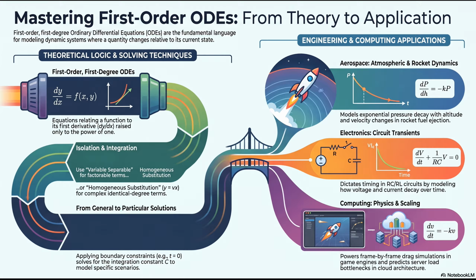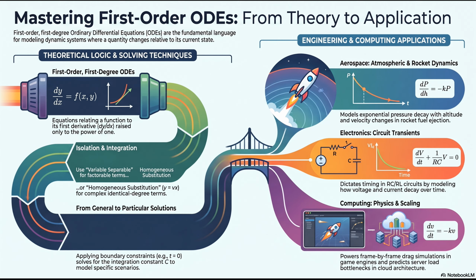But let's take this off the chalkboard. If I'm an aerospace engineer building an actual physical altimeter, how does capturing this particular solution keep a plane from crashing? This is where the theory becomes incredibly tangible. In aerospace engineering, modeling atmospheric pressure is literally a matter of life and death. I would imagine so. The rate at which atmospheric pressure decreases as you climb in altitude is actually proportional to the pressure itself. Let me visualize that.